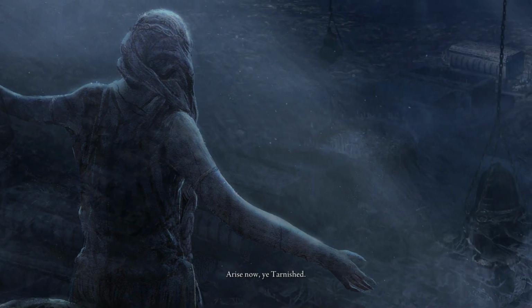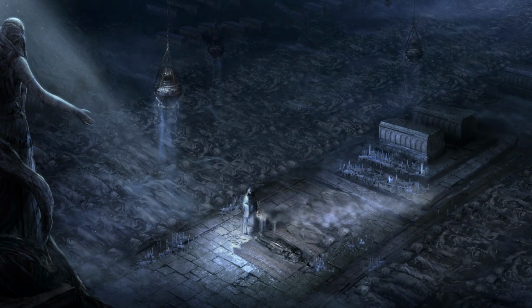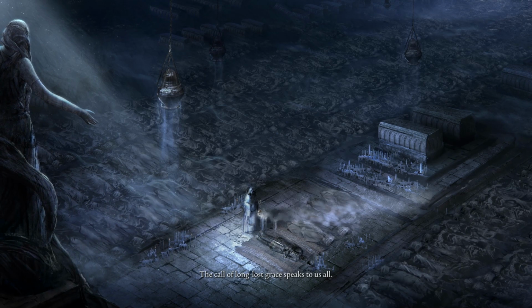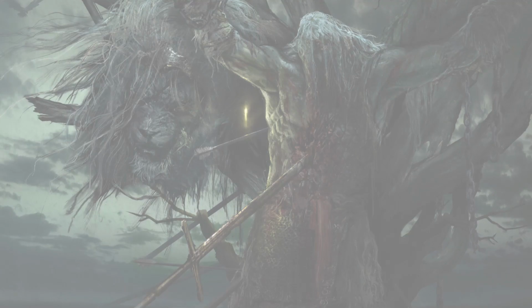And still, through all these playthroughs, I have no idea who this is or where it is. Rise now. This scene right here. No clue where it's at, or what it is, or who it is. Can't figure it out. Lost grace speaks to us all. And I kind of thought we'd find a huge graveyard like that with the statue of... I mean, it was obviously the statue of Marika, but...